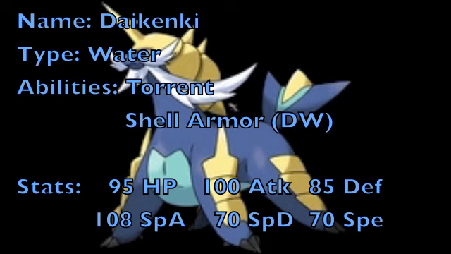As for its attacking stats, they're actually very good. 100 physical attack and 108 special attack are there, so you can pretty much do a lot of damage from either the physical or special end and not have a problem with doing a lot of damage with those moves. Unfortunately, though, it only has 70 base speed, so this Pokemon will not be outspeeding a lot of things,